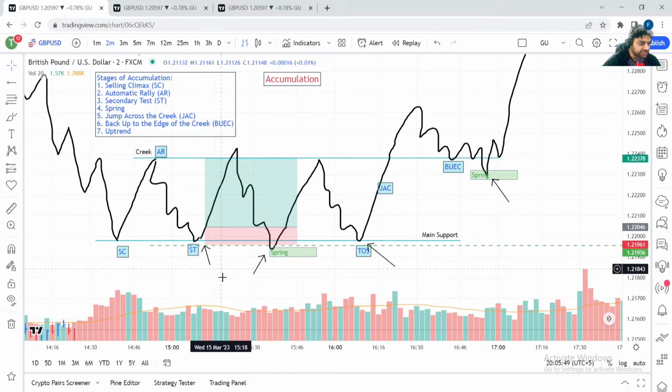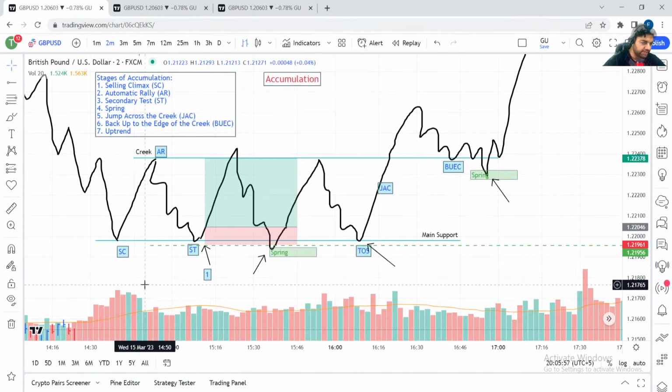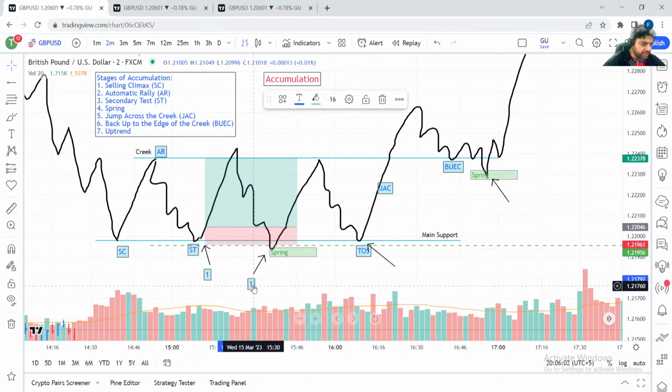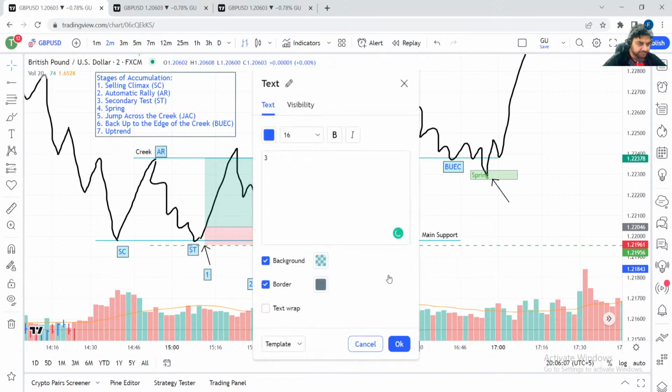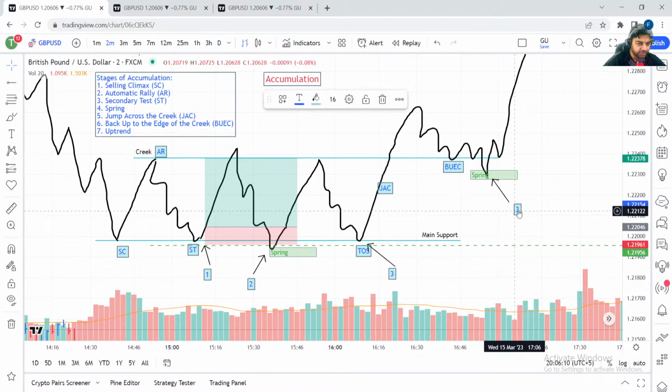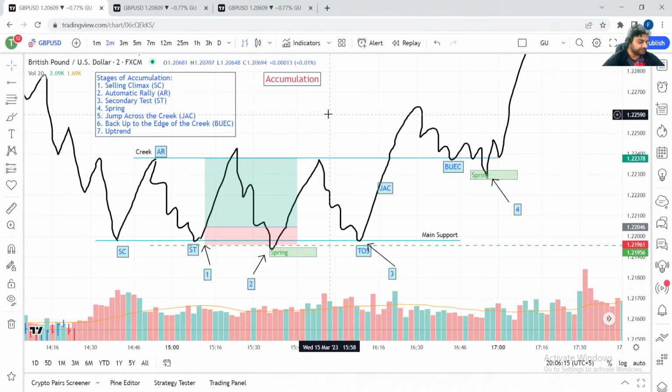So guys, now I will illustrate to you how I will take all these trades. So let's say this is trade number 1, okay? So I will tell you how I will take all these trades. This is trade number 2, this is trade number 3, and this is trade number 4, okay? So now I will give you the ideas about how to take your entry. So guys, don't forget our strategy, because our strategy will be very useful also during the accumulation phase.